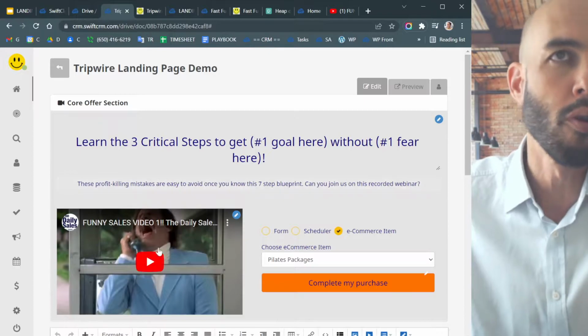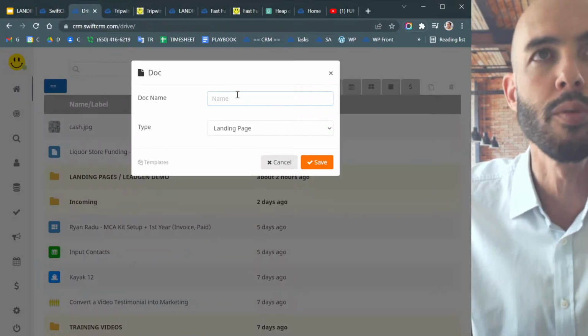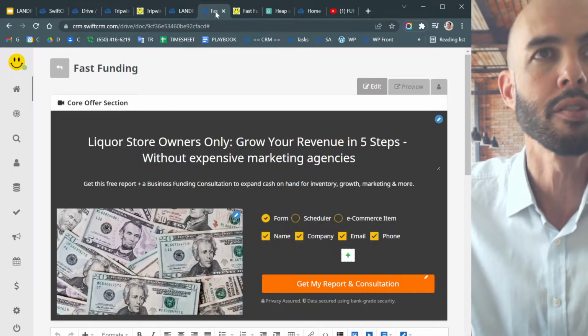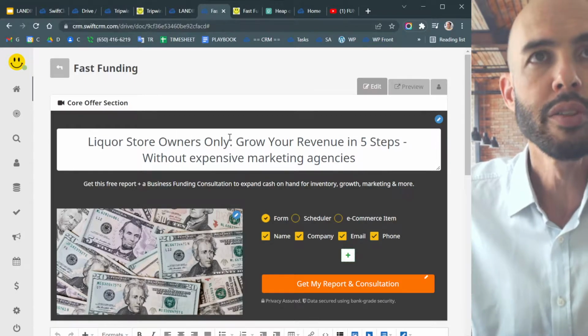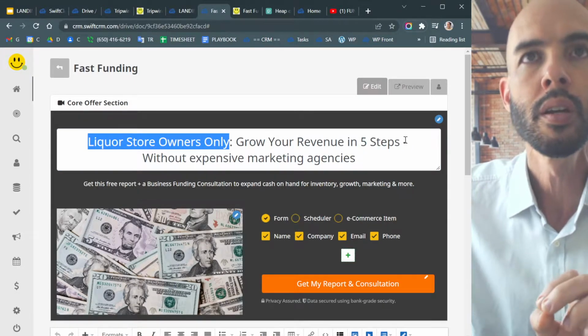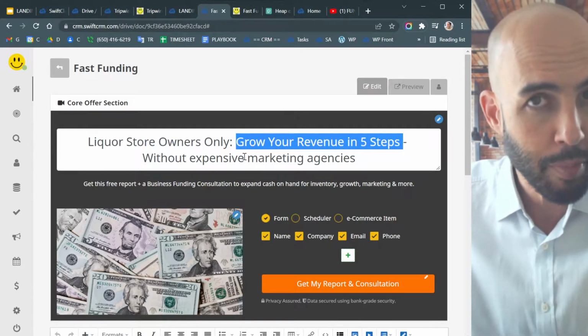In this case, we'll just create one. For demo purposes, I've already kind of created some of these things, so let me just skip ahead. But basically, you want to give it a name, and then it's going to think for a second. It's going to drop you into a page that looks basically like this. So in this case, what I've done is I've called out to the audience, here's who we're speaking to. Then, do you want outcome Y, right? Do you want to solve pain X, or do you want